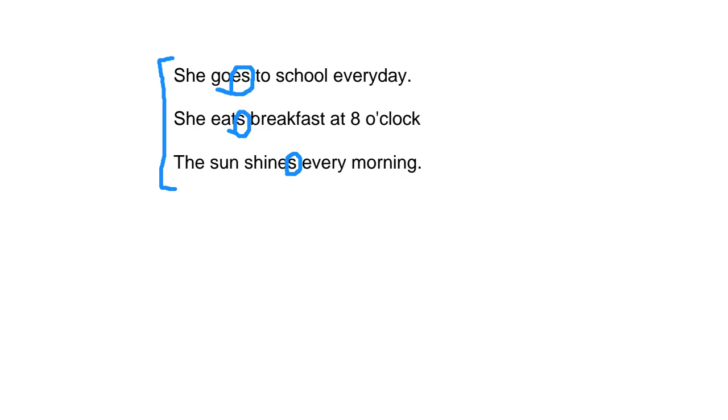But what is the rule? There is a general rule that you can follow. We can say that the rule of the present simple is subject plus V. That's it. So this is the rule. But the V has two shapes. Either in the infinitive, which means with no S, no ES,